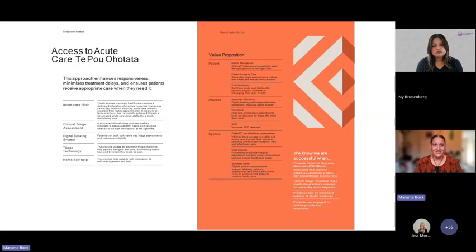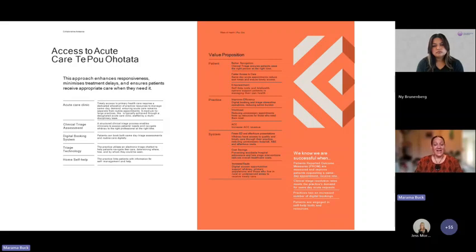Clinical triage assessment, so ensuring that there is a clean, smooth process to triage whānau, and that digital supports are used not to make decisions, but to help with the journey. And then providing an acute care clinic. So knowing your whānau, knowing the patients that you support, going back through population stratification, going back to your times of highest need, thinking about what would be the very best time or way that we could actually have a clinic available for walk-ins for acute care.